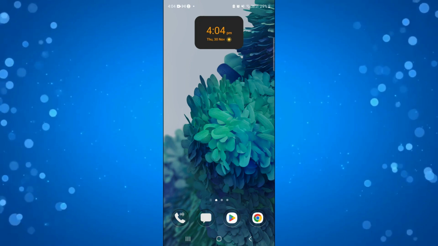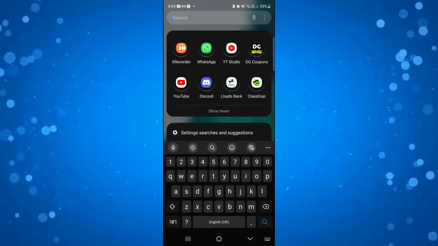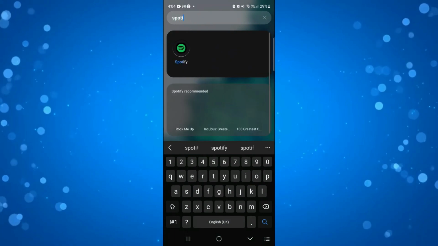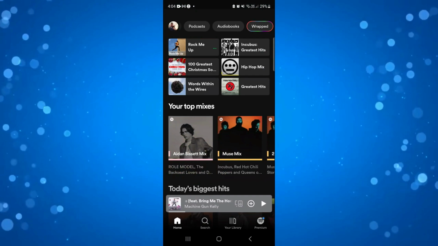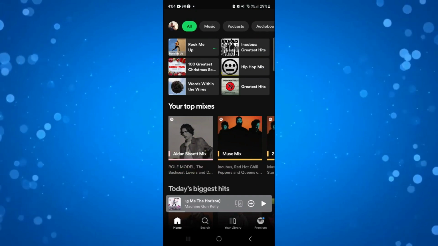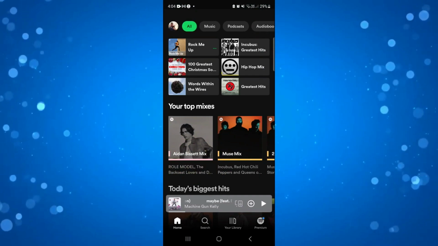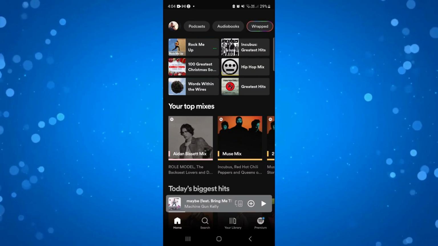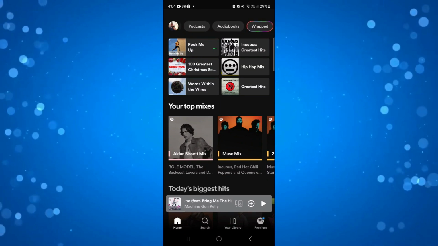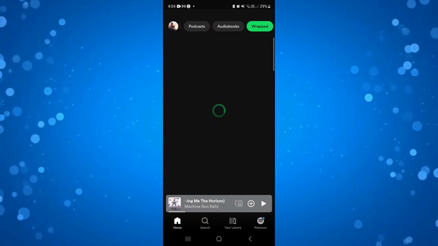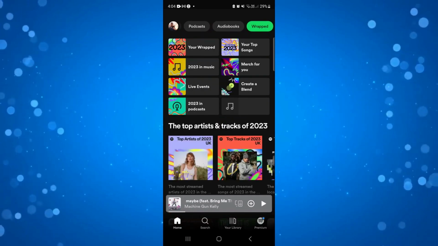So the first thing you're going to want to do is actually see if Spotify Wrapped is showing on your device. If you open up the Spotify app on your device and the Wrapped section is not showing in the dashboard, look at the top on this toolbar and scroll right to the end, and you're going to see the Wrapped is now at the end of the toolbar. So you just want to press onto this,